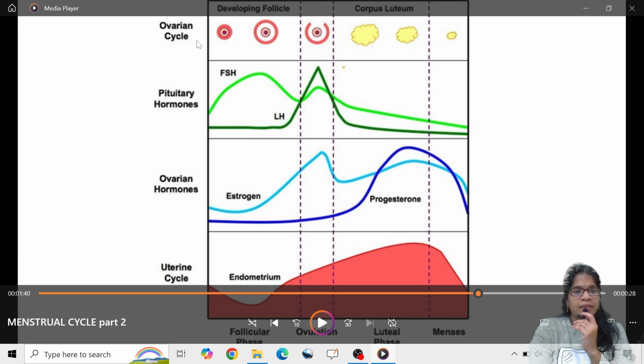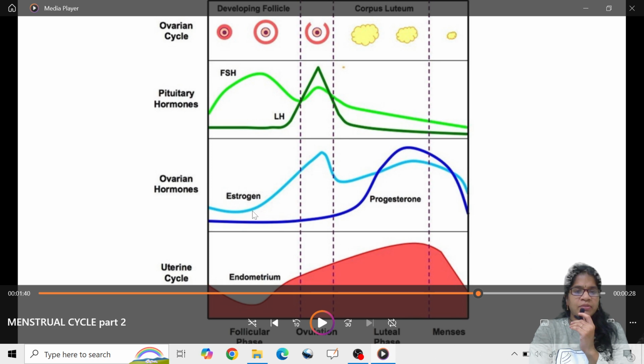This is the ovarian cycle. This is the uterine cycle. In the ovarian cycle, the follicle is developing. This is the primary oocyte forming granulosa and theca cells. And finally, here, at the time of your ovulation, this got ruptured. This is called the Graafian follicle. Right? The ruptured Graafian follicle is called the corpus luteum. This is the corpus luteum, and once the corpus luteum is formed,